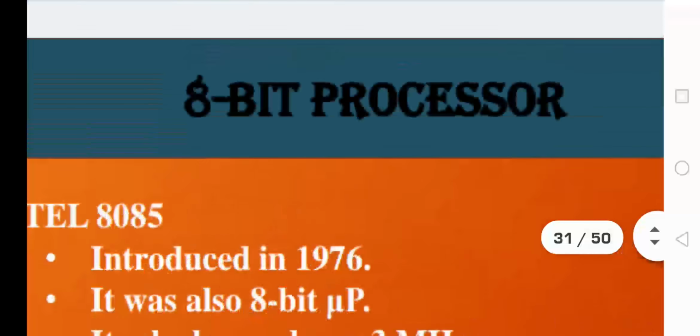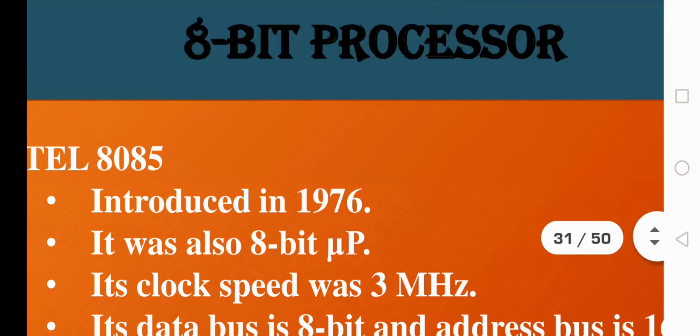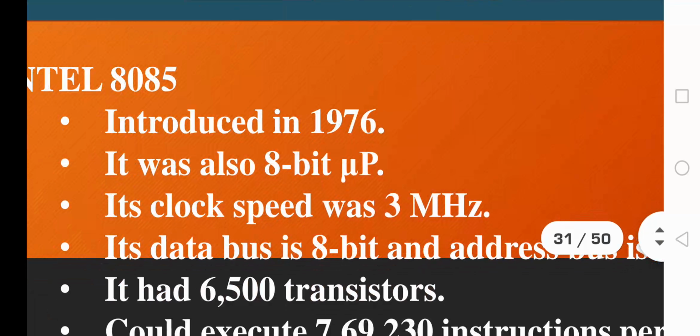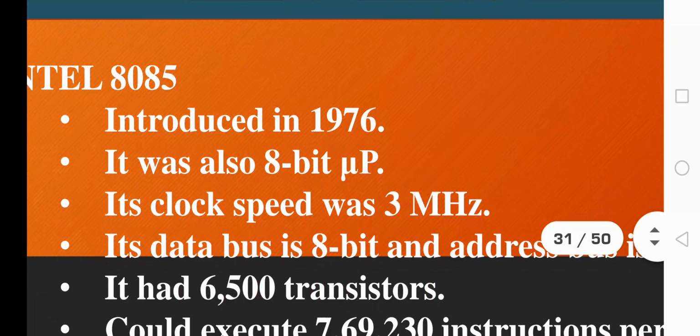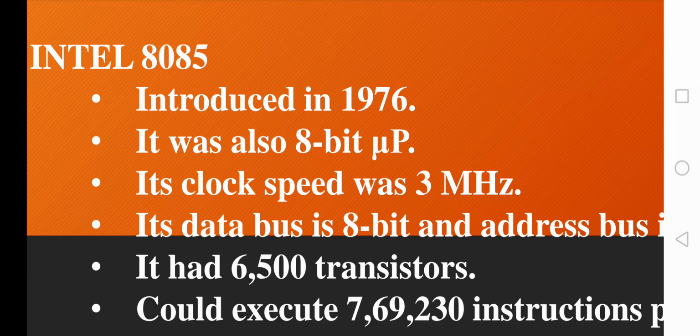Okay, next let us look at the remaining 8-bit processors. The third 8-bit processor that they invented was the 8085. You need some additional knowledge regarding the 8085, because the microprocessor included in your syllabus is the 8086. We need to have a deeper study of the 8086, but that microprocessor has its derivation from the 8085,